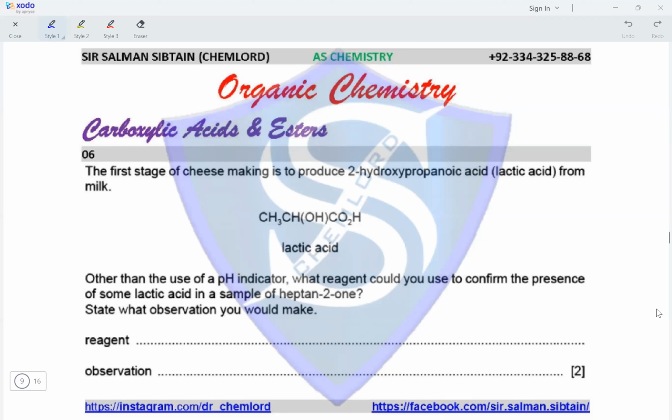Question 6. The first stage of cheese making is to produce 2-hydroxypropanoic acid, lactic acid, from milk. Other than the use of a pH indicator, what reagent could be used to confirm the presence of some lactic acid in a sample of heptan-2-one? State what observations you would make. So we could add sodium carbonate, and the observation would be effervescence